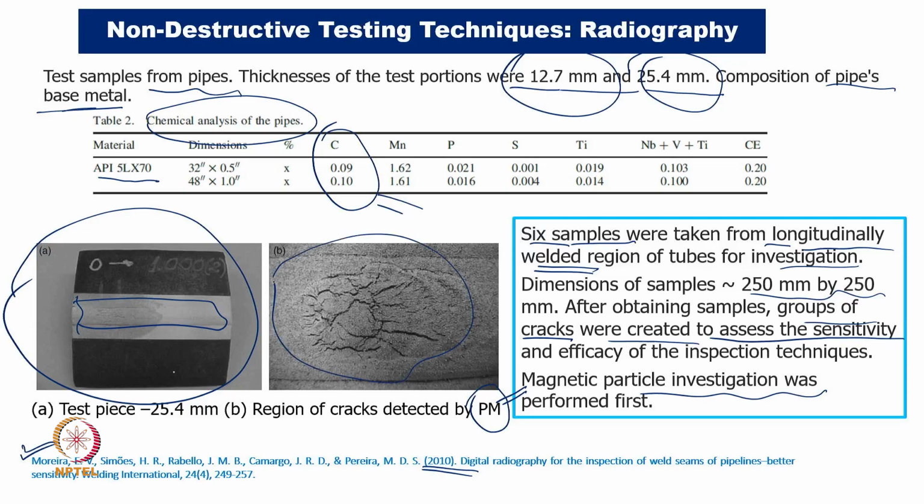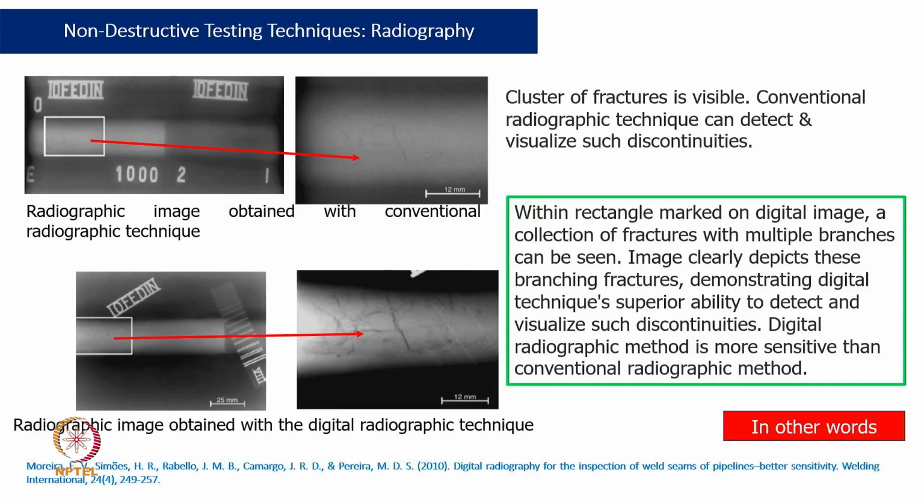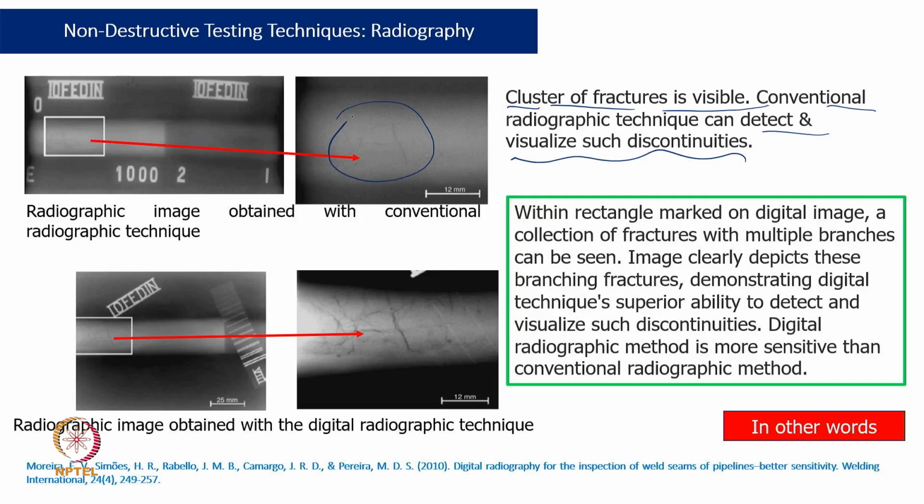In the first case, the examination is the magnetic particle investigation. We are able to see the surface crack on this portion. Right. So this is what has been shown in the first case. Now, coming to conventional radiography, they found that the cracks are also visible, so this technique can also be utilized. I find more cracks in the magnetic particle case compared to this. Now you are able to see some cracks over here, right. But if we go ahead with digital radiography, we are able to see many cracks with many branches,